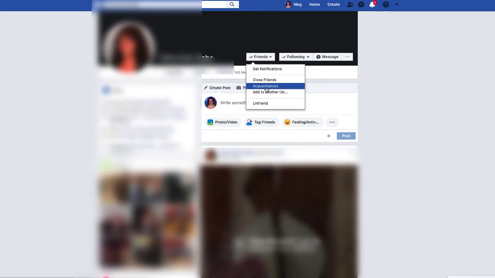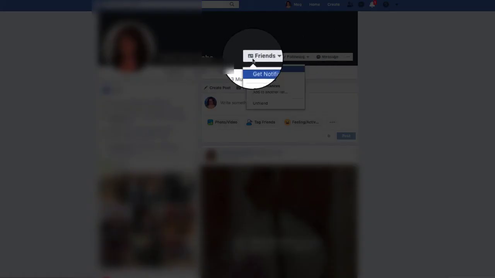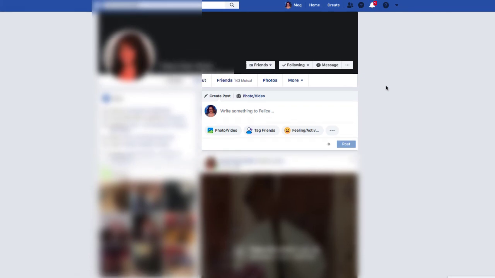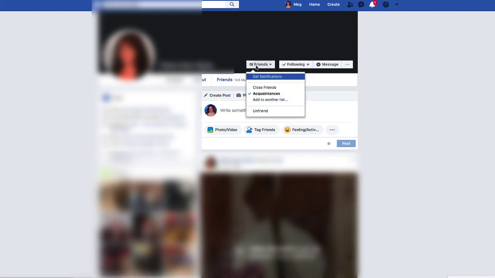Now I can switch them to acquaintance, and when I do that, it gives them this little icon that looks like a Rolodex file to me, or a business card. And that's how I know that this is a person that I have made a decision to connect with. However, we don't have a personal connection. So if I wanted to post a picture of my kids in a bubble bath or something that I want to be a little more careful about who sees it, I could exclude my acquaintances from seeing that post. So my business people wouldn't see it, my clients wouldn't see it,